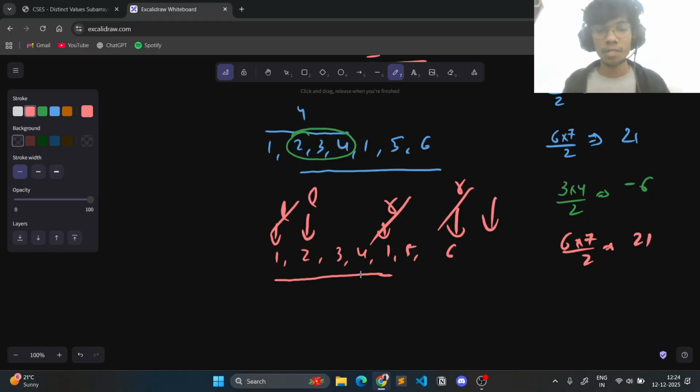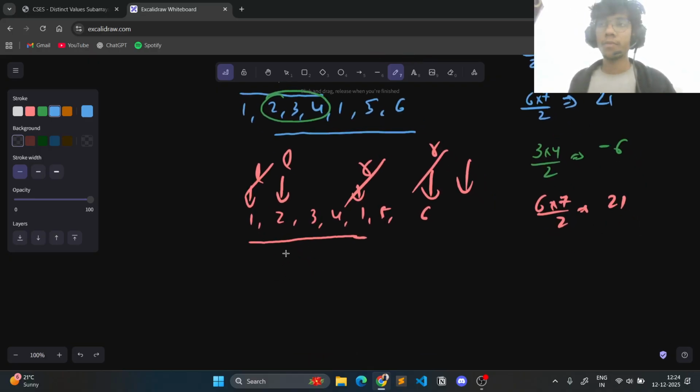But I also have some elements which are occurring again. So this is 2 3 4. So I need to subtract that. So how do I find which elements I need to subtract, or the length of the total subarray that we need to subtract? We need to subtract this 2 3 4 from the answer, right? So for subtracting that 2 3 4, I'll see